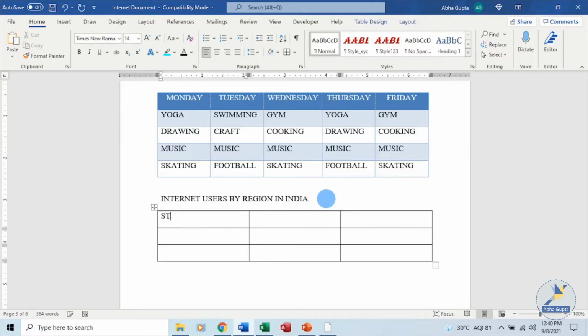So we have state over here. Now to move around in your table, either you can use the tab key or you can also use the arrow keys, the up and down arrow keys to move up and down, and right and left in your table. You can also use the tab keys. Say we have the state, and